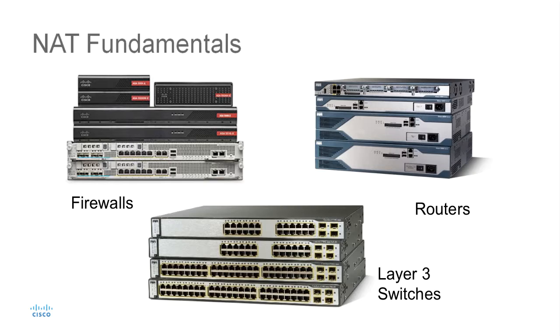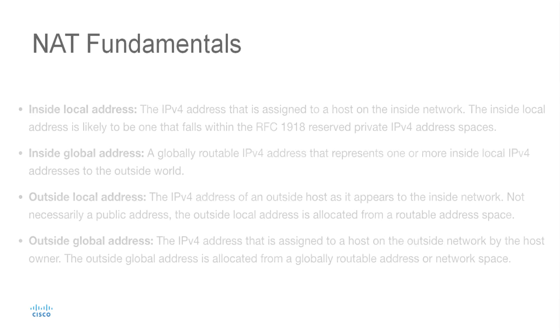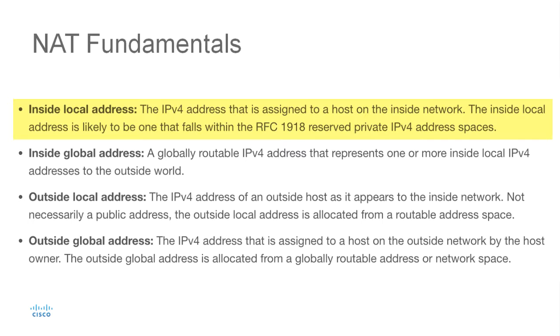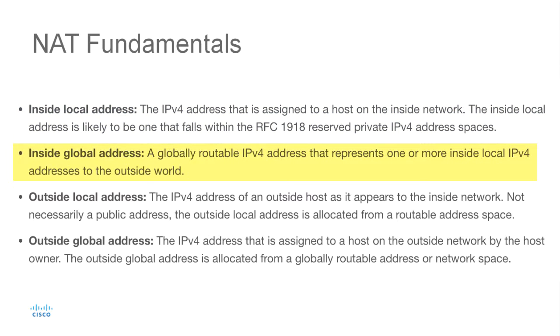Cisco defines the following list of NAT terms. The inside local address is the IPv4 address that's assigned to the host on the inside network. The inside local host is likely to be one that falls within the RFC 1918 reserved private IPv4 address space. The inside global address is a globally routable IPv4 address that represents one or more inside local IPv4 addresses to